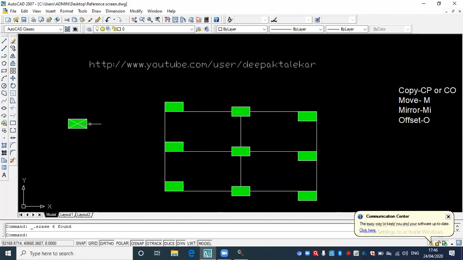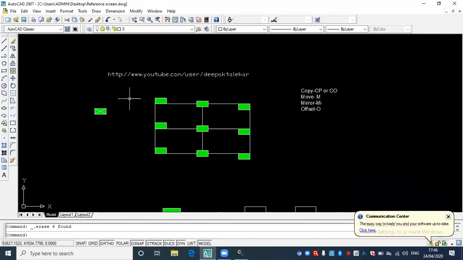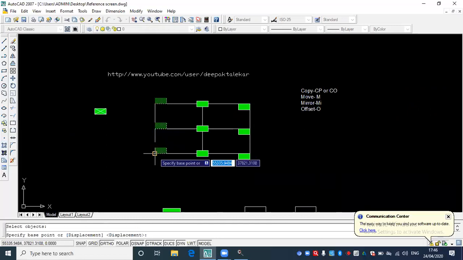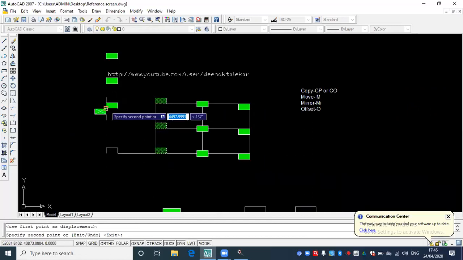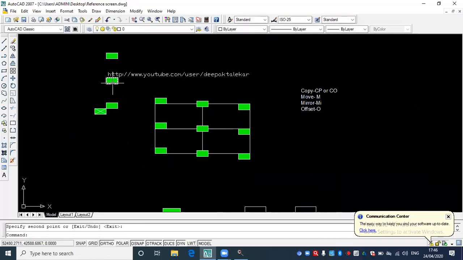You can copy a single object or you can also copy multiple objects. Say for example, you can copy all of this. Select the copy command, select the objects, right click. Now this is your base point and click at this point here. See, you have copied 1, 2, 3.